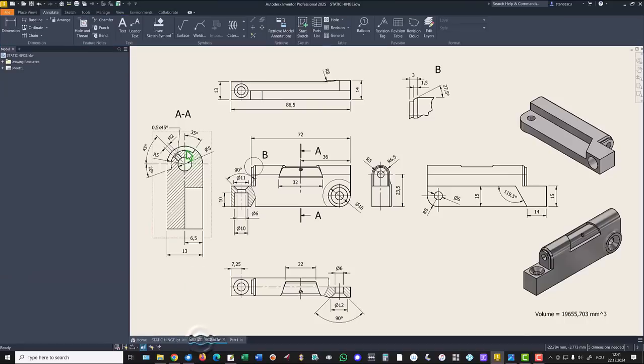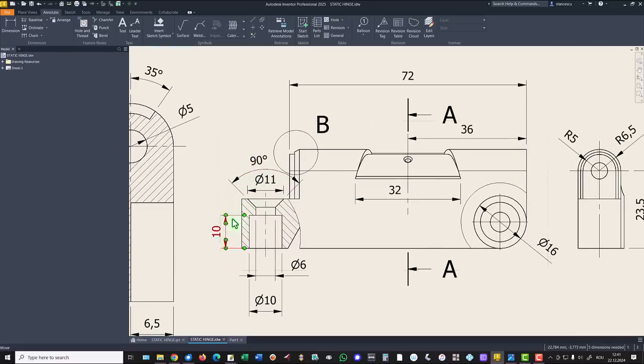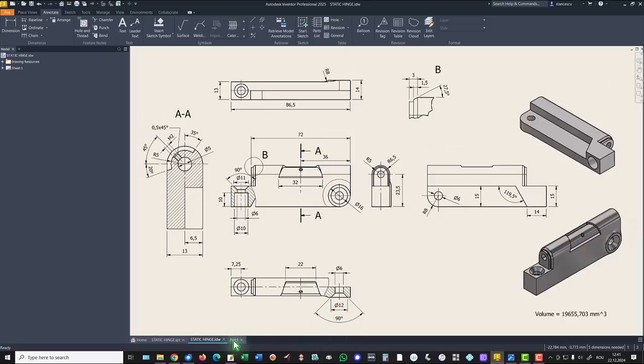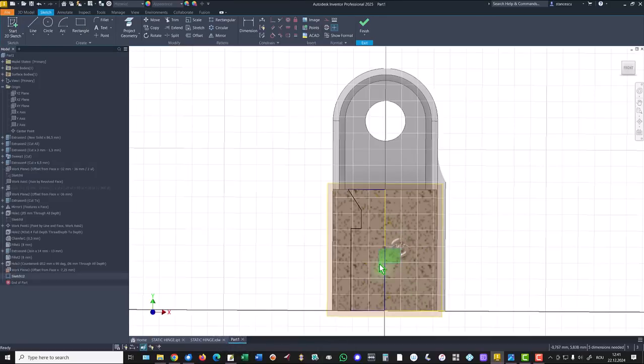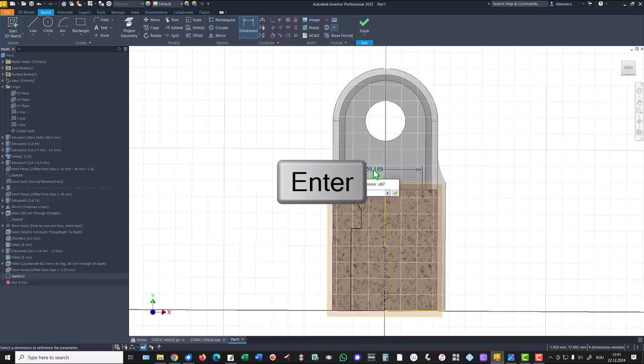Dimensions are 11, 90 degrees, 10, 6 and 10. We make this line as a center line, and dimensions. This is 11, this other one is 6,